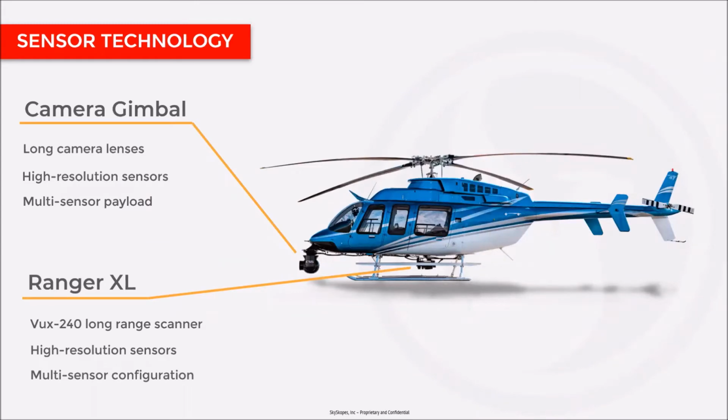So yeah, let's get into your sensor technology. I'd like to ask, how does SkySkopes best leverage Phoenix LiDAR Systems technology in this helicopter mapping space? Yeah, I think our bread and butter for the rotorcraft side of things is in the electric utility space. Helicopters are just the right platform for that kind of survey when you're flying lower, slower, and trying to follow a zigzagging power line. But with that, we're able to offer a consolidated approach where we're not just collecting